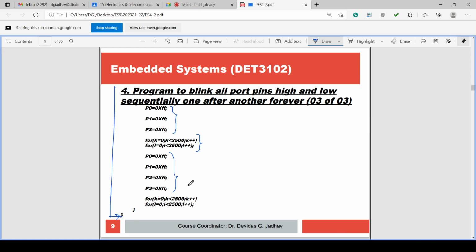That means all 8 lines of all 4 ports, total 32 lines, will now have 1111. After outputting 1 on all 32 lines, there is again a delay, and after this delay, this curly bracket block